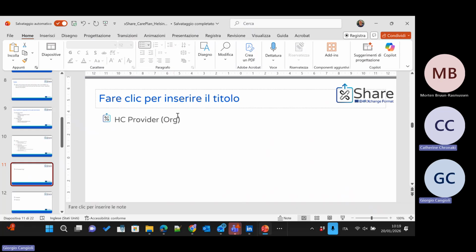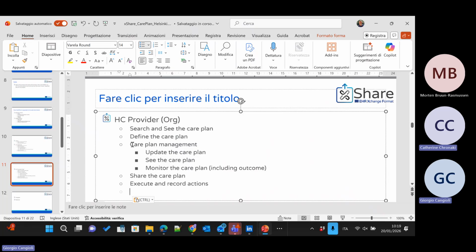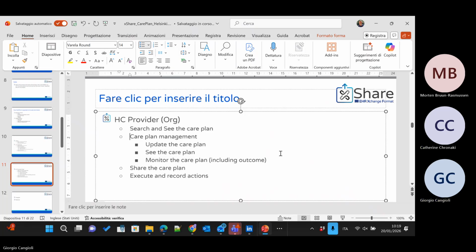Okay. So at the organizational level, what do we suppose the healthcare provider needs to do with the care plan? Monthly, they see the results of care plan executions.